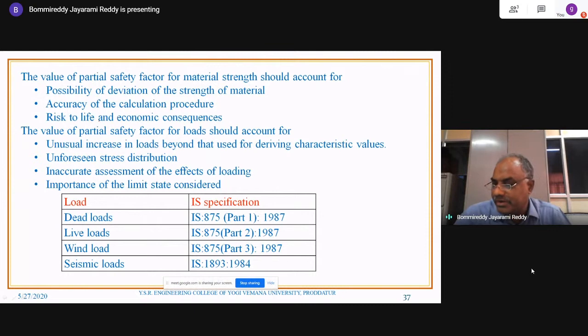And you can look at here, the value of partial safety factor for material strength should account for the possibility of deviation of the strength of a material, accuracy of the calculation procedure, risk to life and economic consequences. Because of all these reasons, the partial factor of safety is introduced, and the strength reduces accordingly. Then the value of the partial factor of safety for the loads accounts for unusual increase in loads. Sometimes loads may be more than the characteristic values. So that's why we are using